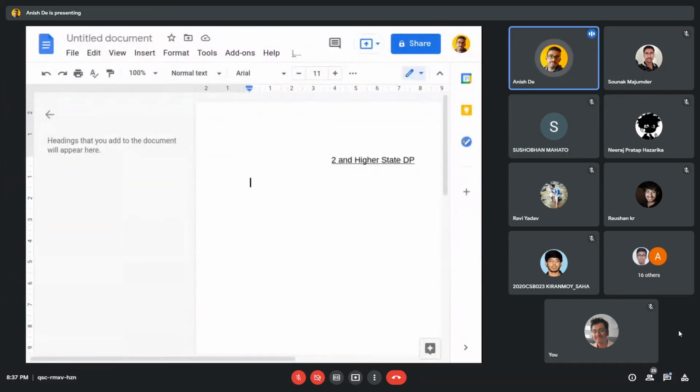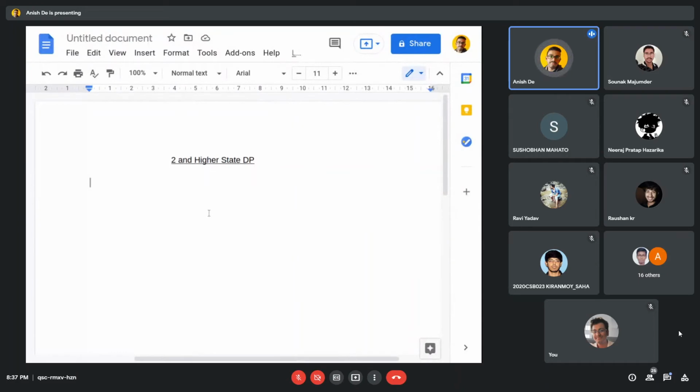As Sonak was telling, the house robber problem was a one-state DP. The reason we can't use a one-state DP in every problem is that in some tasks we can define a state using only one parameter. For example, the question we are discussing here: find the maximum palindromic substring of a string. I hope everyone knows what a substring is.